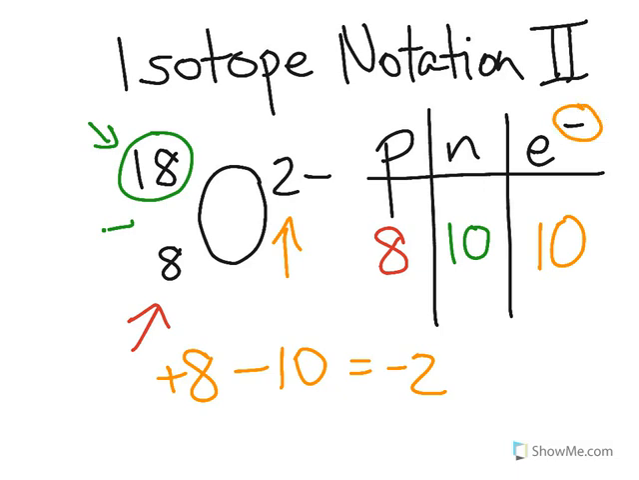So the number of protons will be 8 for this isotope. The number of neutrons will be 10 for this isotope, and the number of electrons will be 10 because of the fact that it's got a